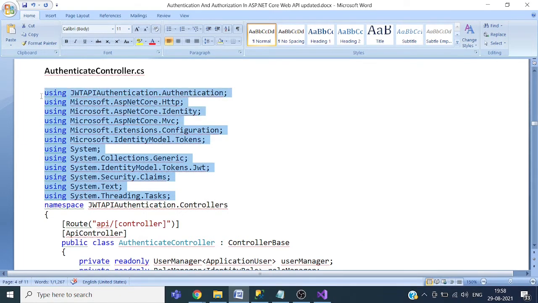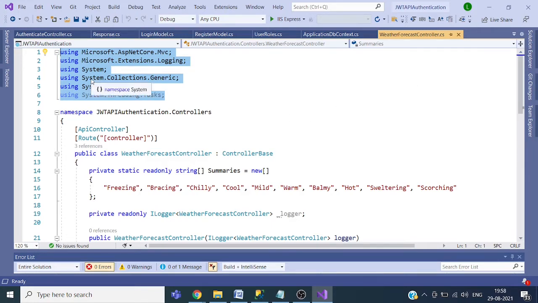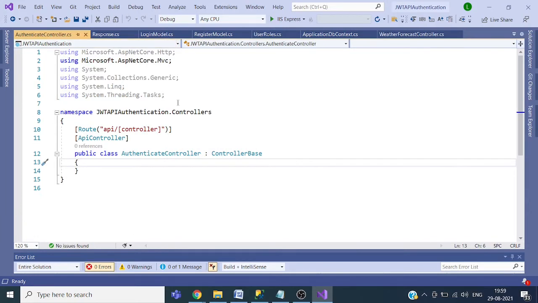Copy these namespaces. Go to Authenticate.